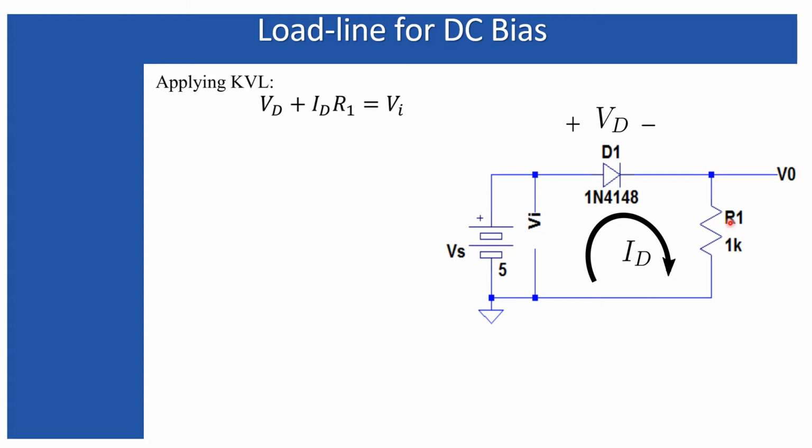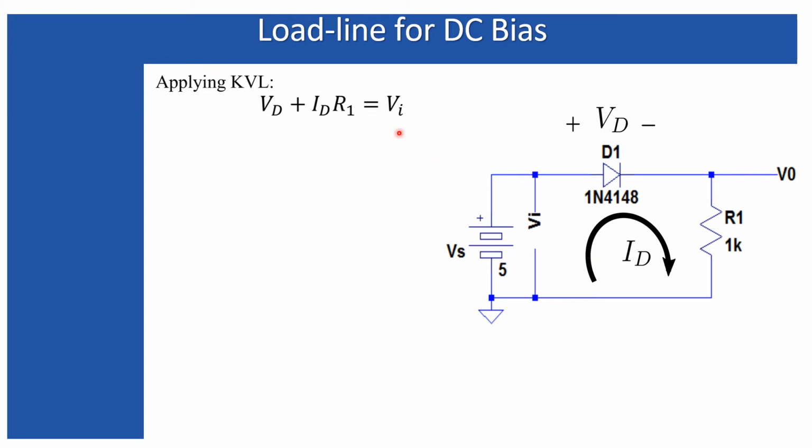The load R1 is connected with the diode in series, as well as the source Vs. So if I apply KVL, the KVL will result in this equation. But instead of writing Vs, I have considered Vi over here, because Vi is the total voltage across the entire circuit. It doesn't matter how many voltage sources you connect in series at this branch, Vi will be the summation of all of them. So it will be better to analyze this circuit with respect to Vi rather than the individual voltage sources at these branches. That is why I have considered Vi in this KVL equation.